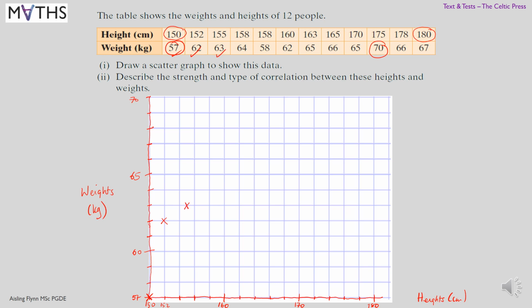Okay, that's that done. 158 goes with 64, that's there. 158 also goes with 58, which is away down here. Okay, 160 goes with 62,